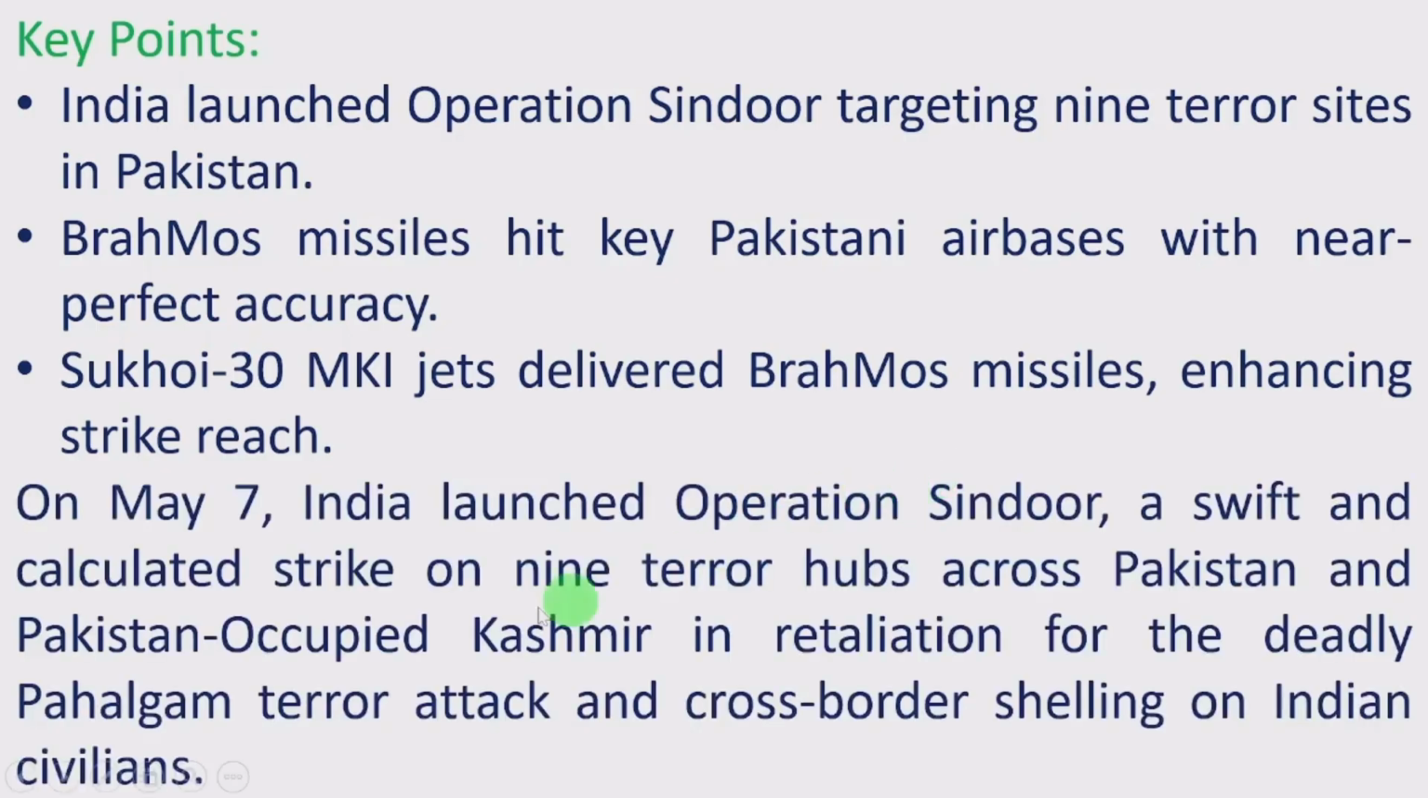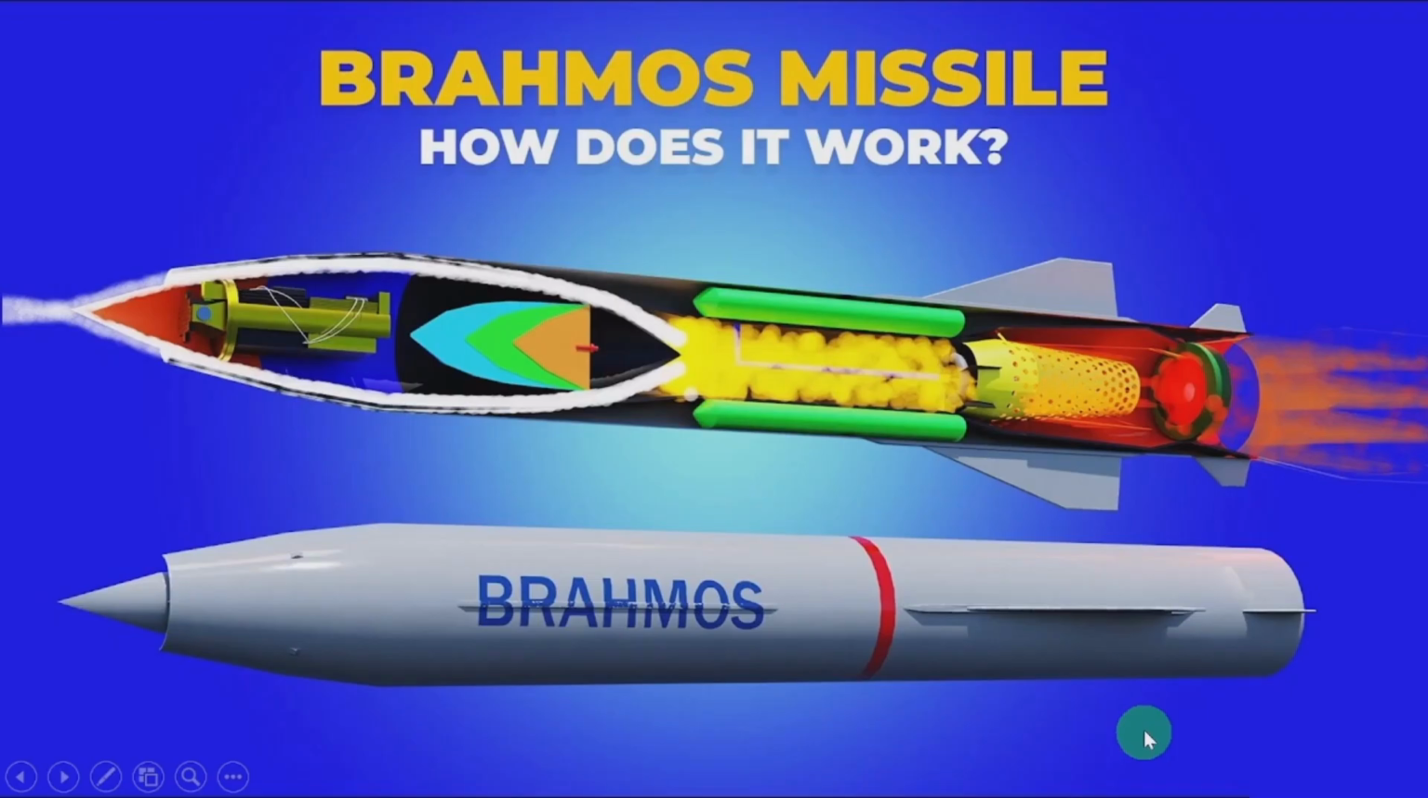missiles. On May 7th, India launched Operation Sindoor, a swift and calculated strike on 9 terror hubs across Pakistan and Pak-occupied Kashmir in retaliation for the deadly Pahalgam terror attack and cross border shelling on Indian civilians. We will take up how the BrahMos missile works first, and later its further action we are